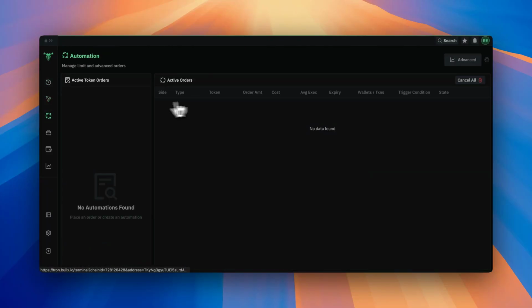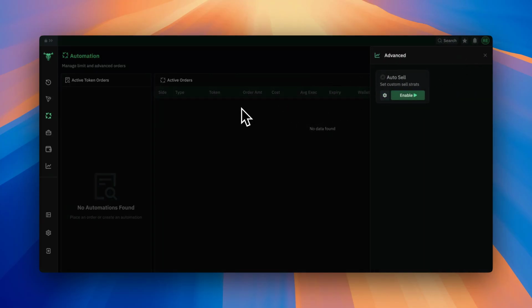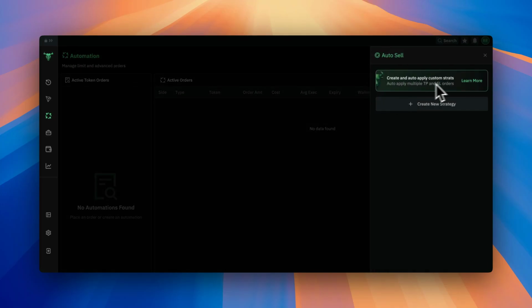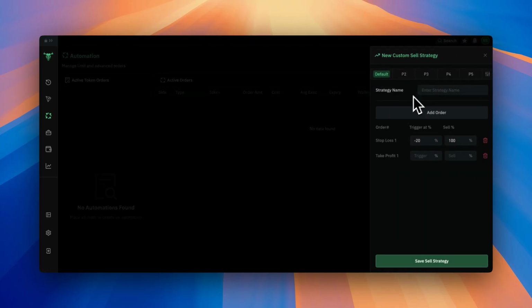But anyway, there are automations that you can create in BullX, such as auto sell. So you can have different trading strategies. For example, you can have a stop loss. Let's just call this strategy one, or just strat, whatever.